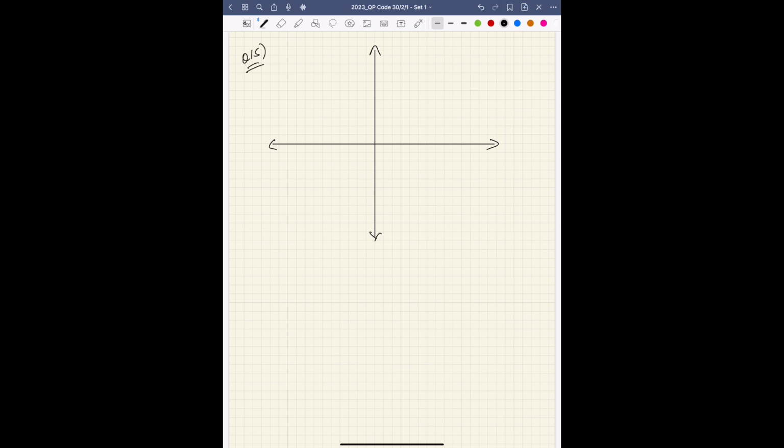So X, O, Y, Z. So this is O, origin 0, comma 0. Then you have minus 3 comma 0. So 1, 2, 3. Another point is minus 3 comma 0. Then you have 0 comma 4. So 1, 2, 3, 4. This is 0 comma 4 and x comma y, which is Z. And they are saying it's a rectangle. So if it's a rectangle,